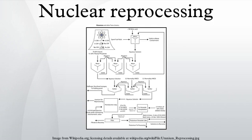The reprocessed uranium, which constitutes the bulk of the spent fuel material, can in principle also be reused as fuel, but that is only economic when uranium prices are high. Finally, a breeder reactor is not restricted to using recycled plutonium and uranium. It can employ all the actinides, closing the nuclear fuel cycle and potentially multiplying the energy extracted from natural uranium